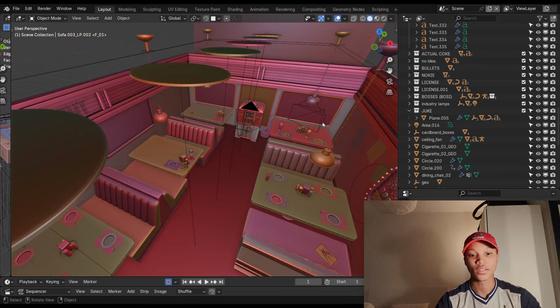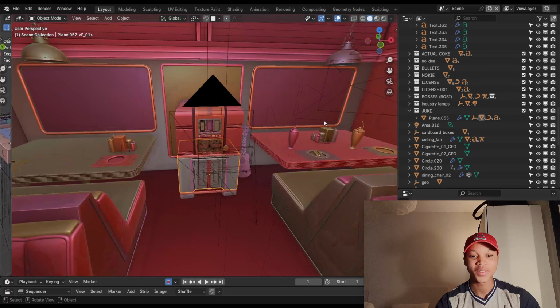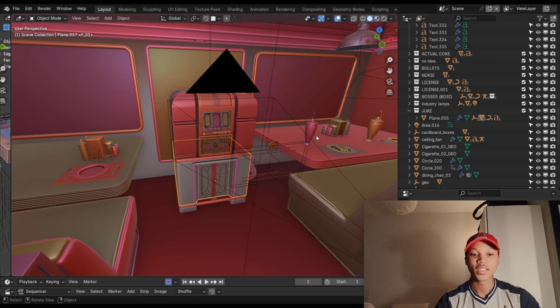And this jukebox, I also had to model it myself because I didn't find anything that was good for free. So I modeled it. Maybe you don't need to see the reference images for that. No one cares. But yeah, half of the scene is really not seen at all in the final thing. Also, I get my textures from Ambient CG. That's a really great place to get textures.